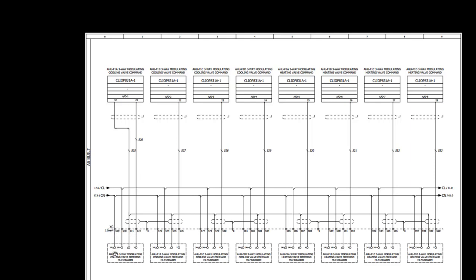Similar to the dampers, cooling valves also need 24 volt AC signal. So the first 2 points we have, these are 24 volt AC power supply for the valve actuator, and then the next 2 points are the 0 to 10 volt signal commands, which are directly coming from the module. So 24 volt AC power, and then 0 to 10 volt command signal.